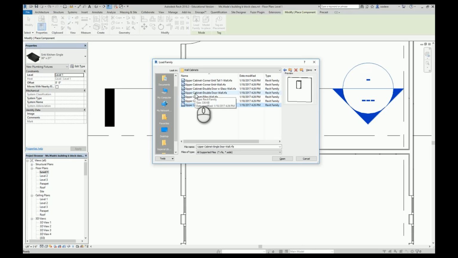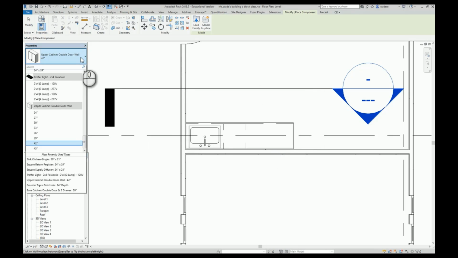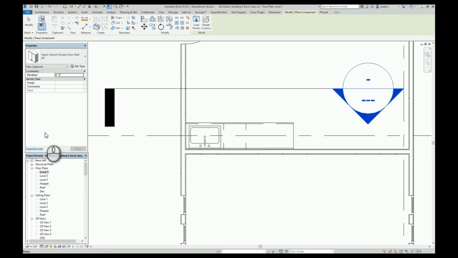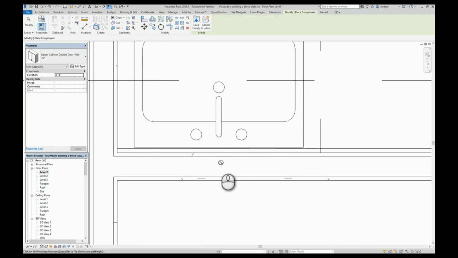So I'm going to go with the double because I have a double door below, and I'm going to say open. And again over here I'm going to have different sizes that I can pick from. Since I did 3 feet, I want to go ahead and do 3 feet. And now again I want to place it against the wall,